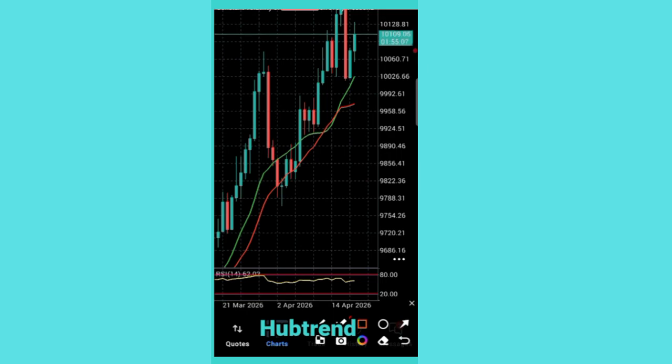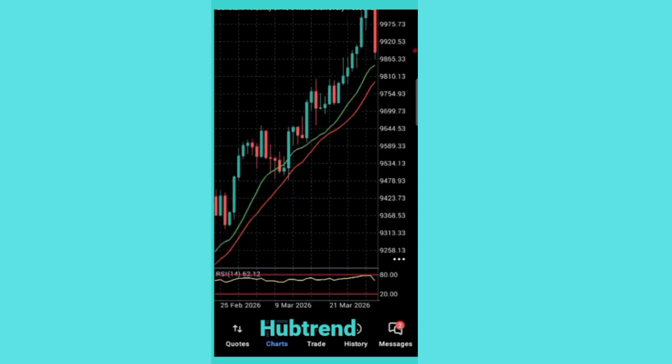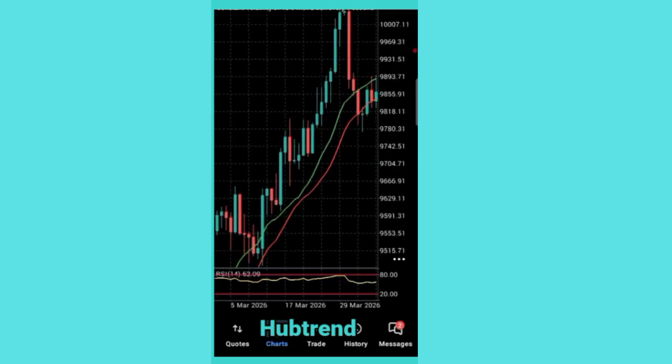Then after that, you change your indicator. The only indicator you need for this strategy is RSI, relative strength index. This relative strength index will show you the overbought level on daily time frame. So now if you scroll down, you will see that at this very point,